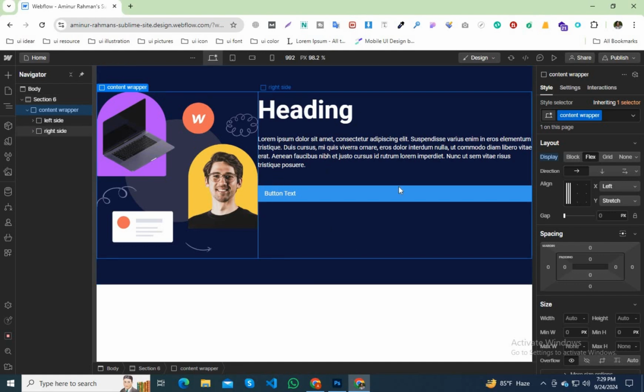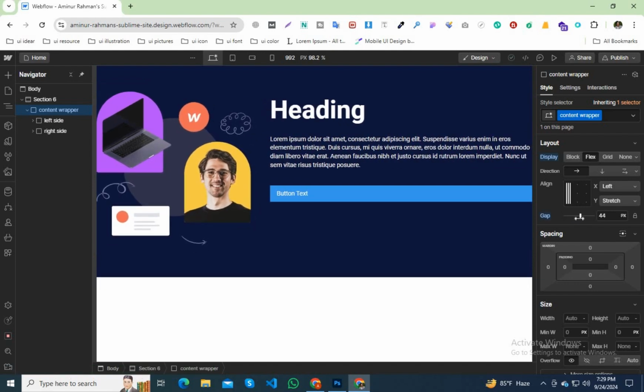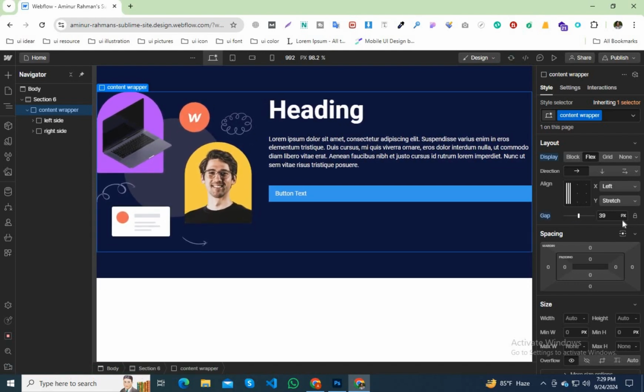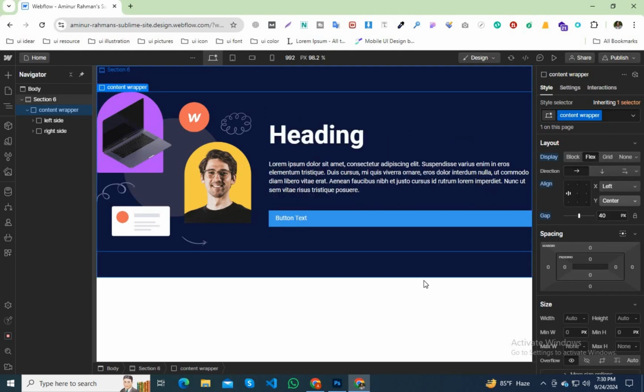Yes, the image and text blocks are totally okay right now, and it looks so messy because it's stuck together. So I can use some gap between them. A 40 pixel gap is enough. Okay, and these contents are not centered, so if I want to make them centered, then this is